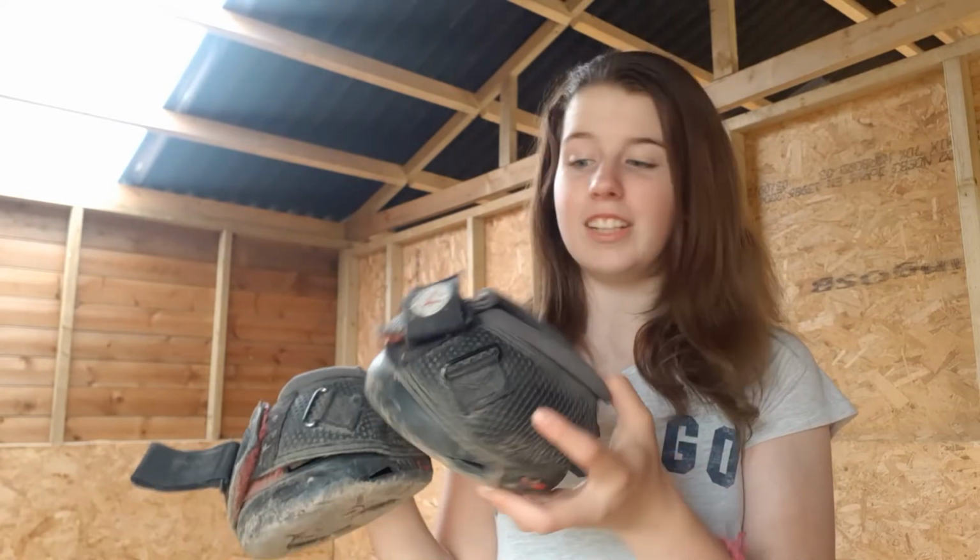I thought I'd do a quick review on one of my favourite things for horses, and that is the Cavallo Treks. These are hoof boots. As you can see, the side on the bottom. They're kind of a similar shape to bell boots, but obviously they've got a bit at the bottom. They go around the hoof, and it's basically like trainers for horses, which I really love because both of my